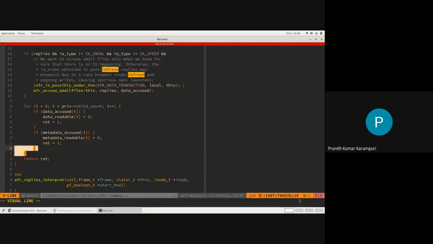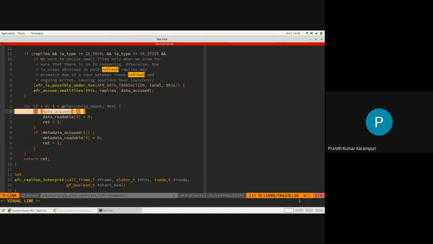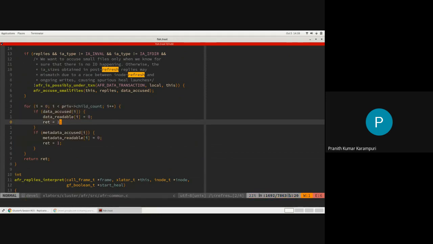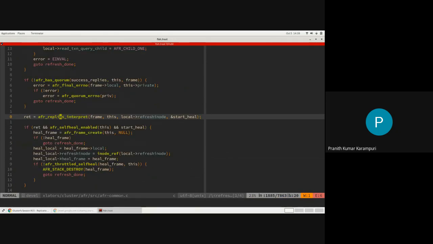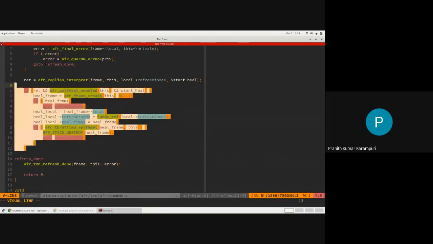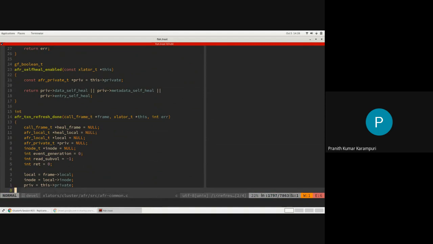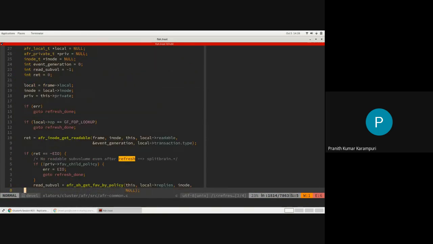So this is like the crux of the algo. If somebody is accused, then it is not readable. Otherwise, it's readable. So that is how it will be. Once that happens, this is like the triggering of the heal part. In some cases, even the clients can trigger the heal if it is enabled. But if nothing such is required, then it will basically eventually call transaction refresh done,